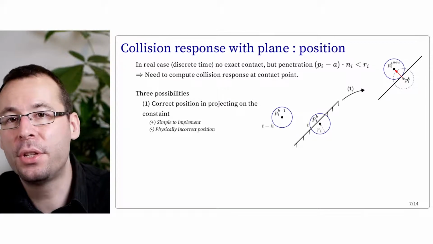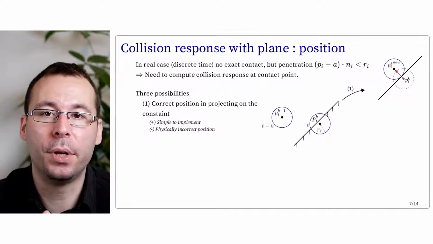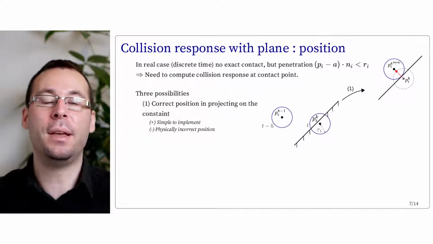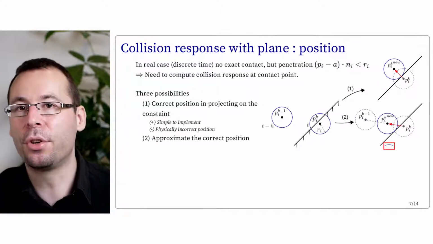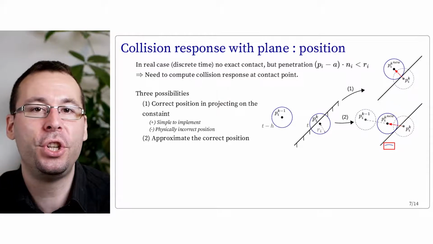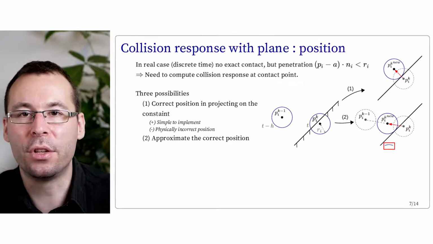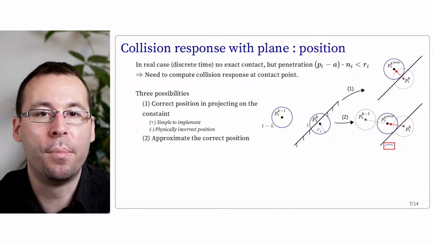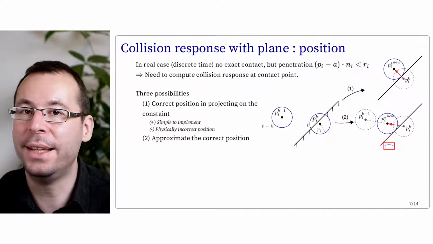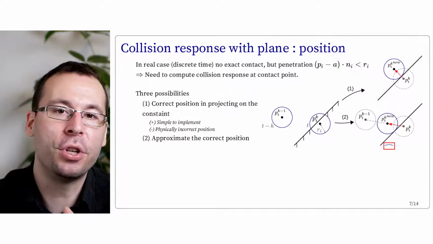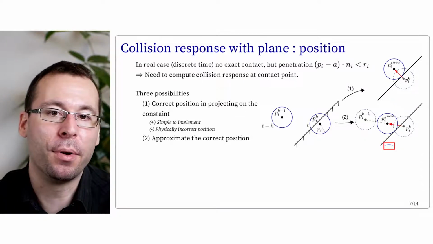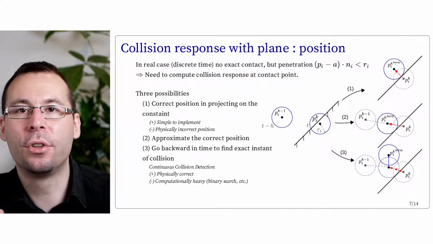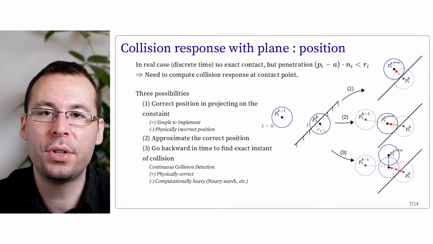So this displacement is straightforward to implement for sphere and plane, but of course this is violating the physics of the phenomenon. We are basically applying a sudden teleportation of the sphere. So the second possibility is to try to find a more correct position of the sphere, typically in doing a search along the straight line between the current position and the previous one, and then find a more plausible position where the sphere actually intersected the plane. So this approach is a little bit more complex to set up than the simple projection, but leads to a more correct position.